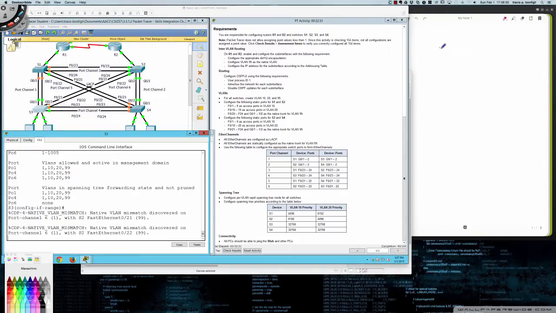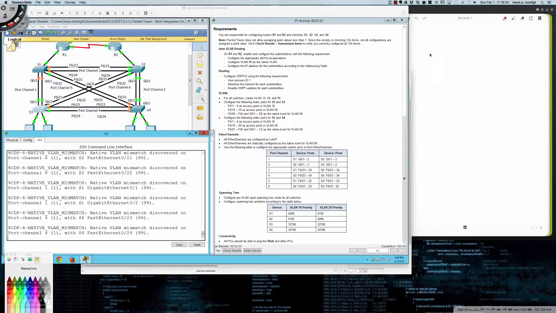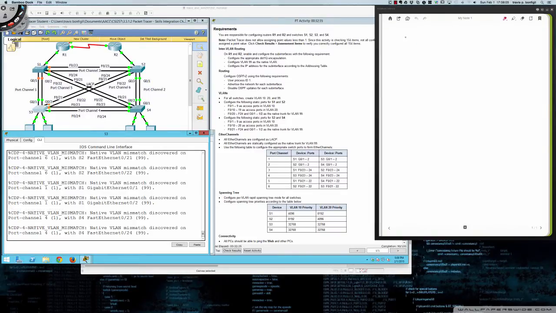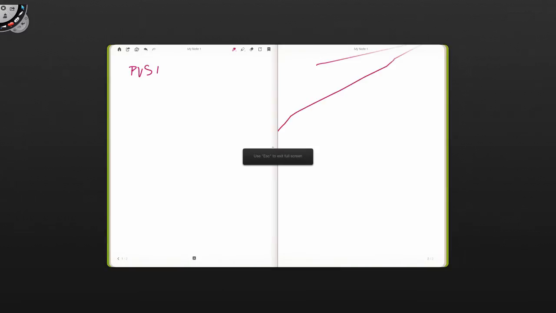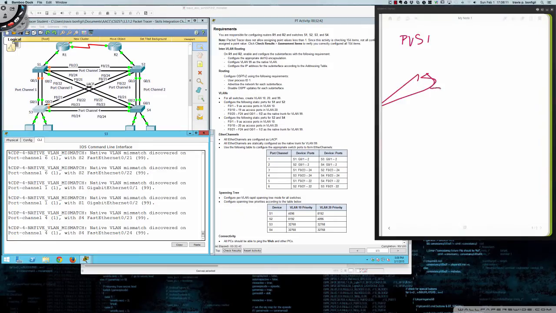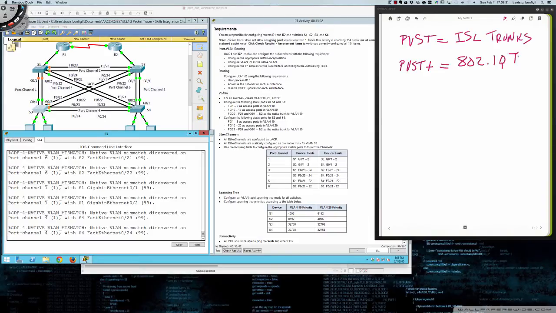So remember, and we're, oops, I didn't want that. I want to clear that, and just wanted to come over here. So remember that per VLAN spanning tree, and that is not what we wanted to do. I want to exit out of that, and let's do Control Z. So PVST would mean that we are using ISL as our trunking protocol, right? PVST plus means we're using 802.1q as our trunking protocol,